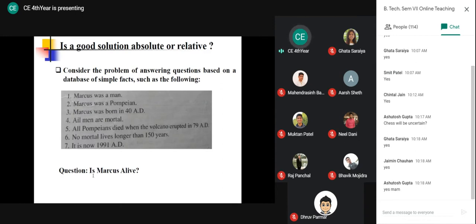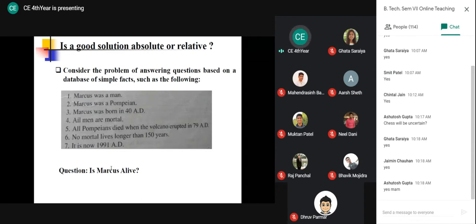Suppose we ask the question, is Marcus alive? This database of simple facts is given. Now the question is, is Marcus alive? Actually, this is an example of resolution. Sir will explain that topic of resolution. But right now, through this example, we will not go into detail. You just have to understand how the process is done. How to actually write the resolution, sir will explain in that